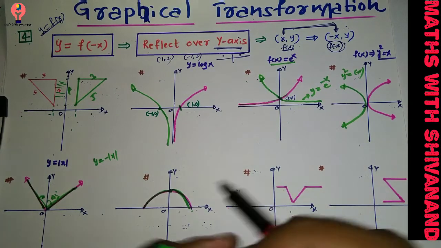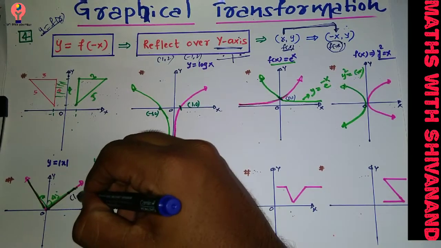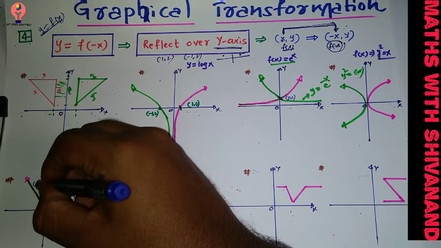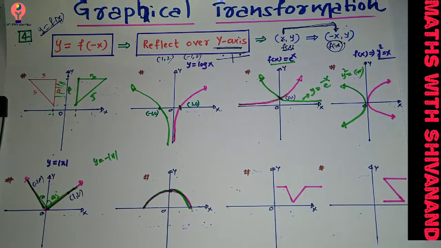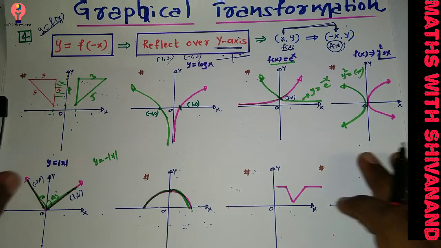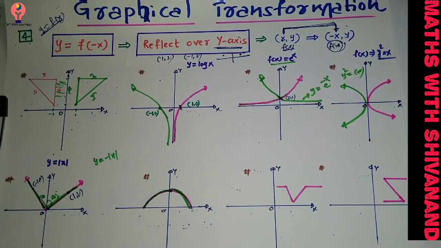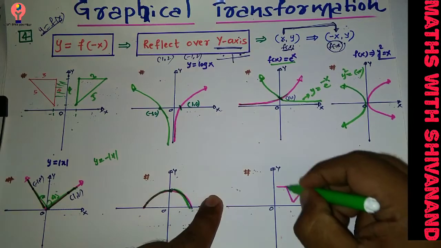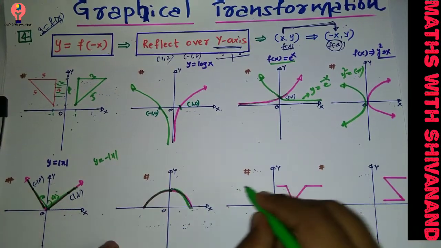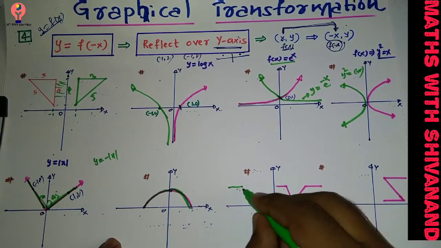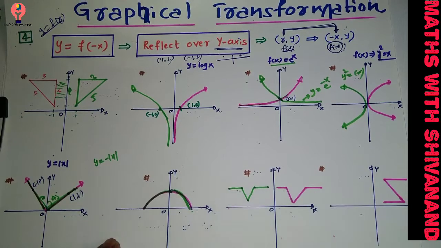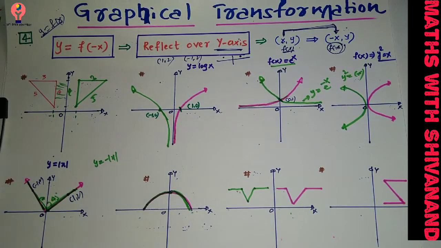Okay, right? Why? Because if 1 comma 2 is a point here already, so definitely the point minus 1 comma 2 is also there in the graph itself. Because of that, reflection won't happen, right? See this graph here. So sketch it here. Definitely it's like the phi part here. Can it be like this? Can it be like this? Check, simply check here. Can it be like this? Is it so? We're getting it, okay, right?